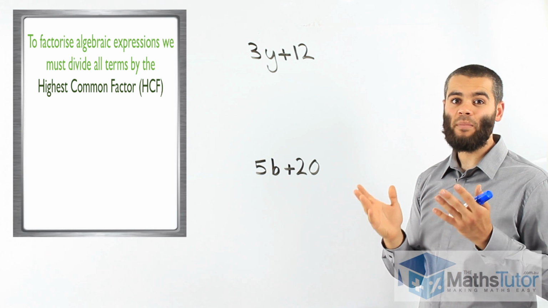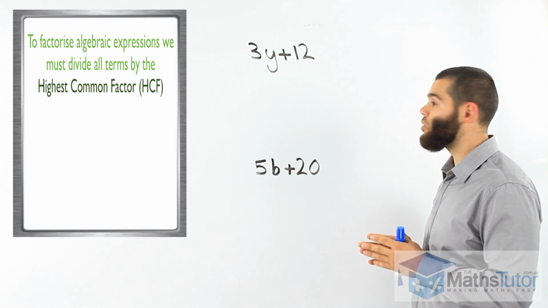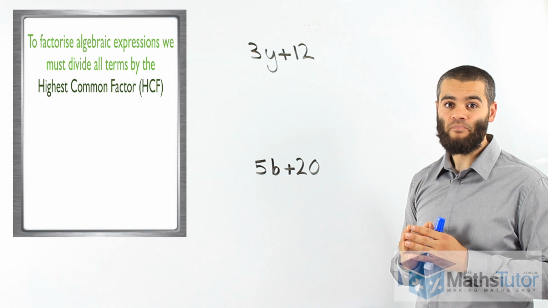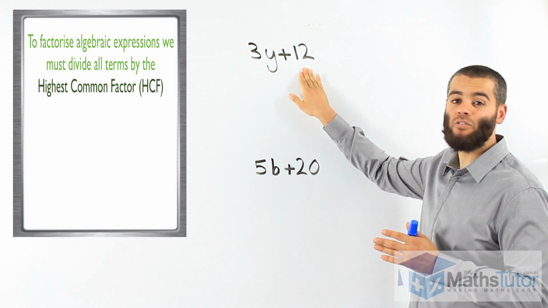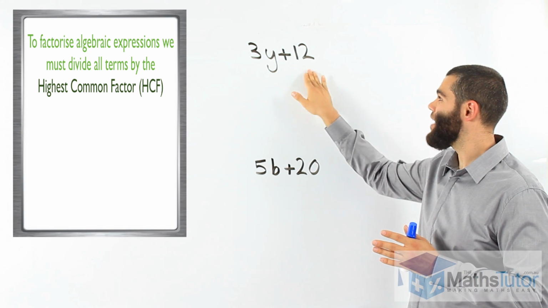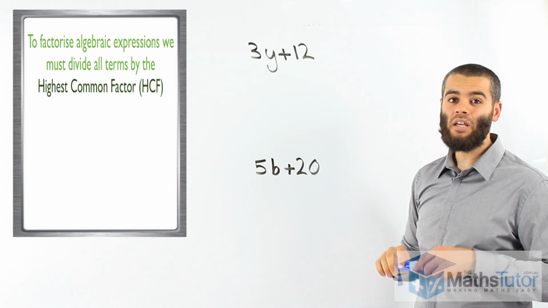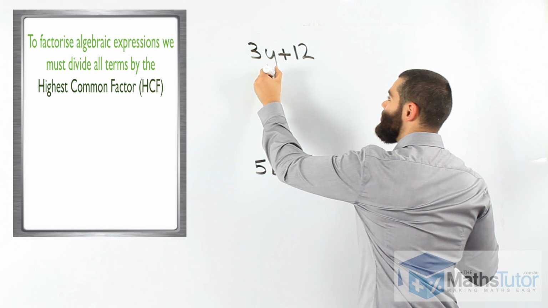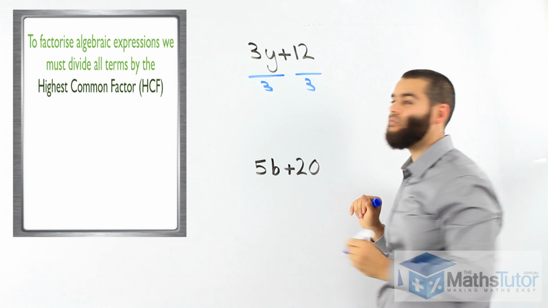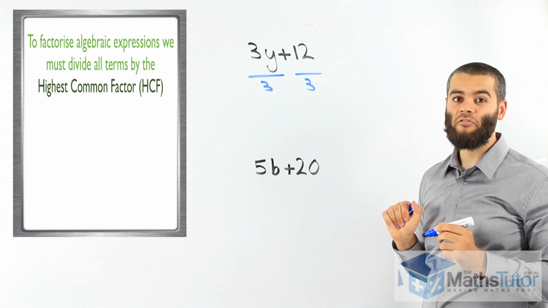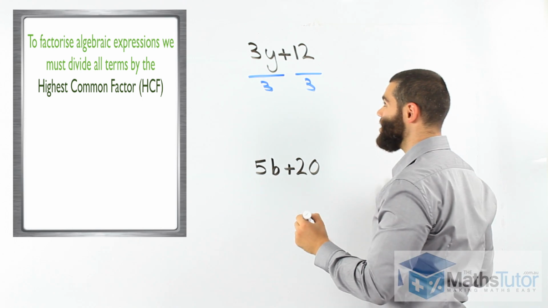Now the highest common factor meaning what number, or even sometimes pronumeral, will divide into this term and into this term. We know that looking at this, 3 is the only number that will divide in both of them. It's the highest common factor. So our answer will be